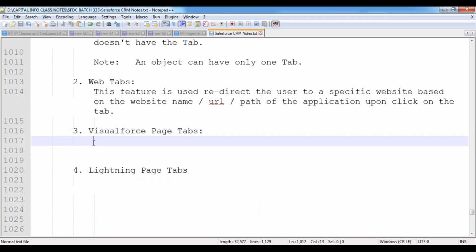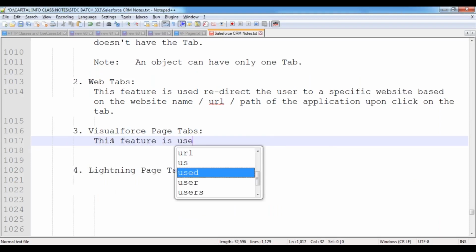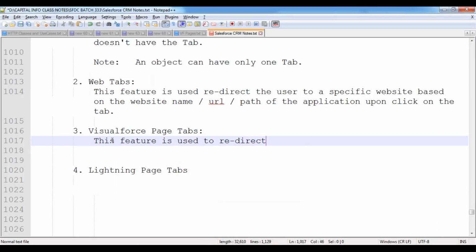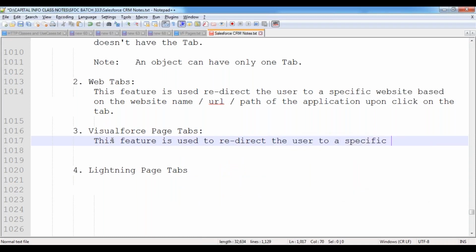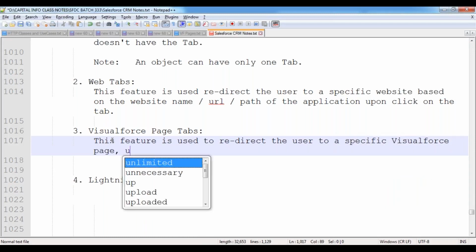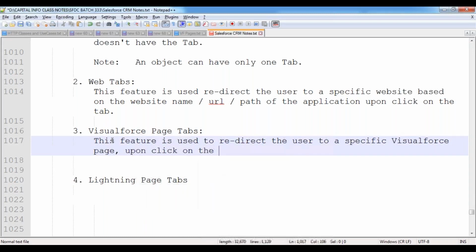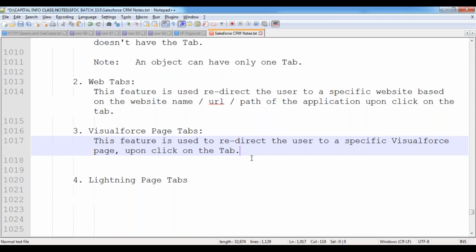Make a note over here: this feature is used to redirect the user to a specific Visualforce page upon click on the tab. For that reason, we are using Visualforce page tabs.